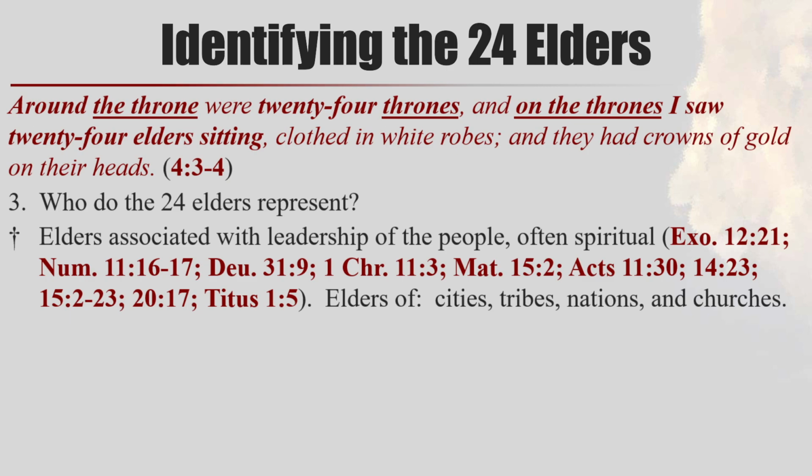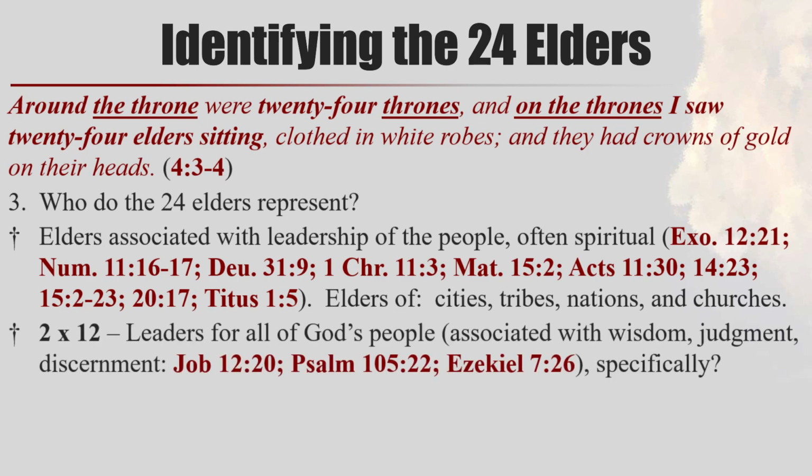Actually, that's going to be in Exodus. Numbers 11, the 70 elders there is a different time when we have the 70 elders. I believe that may be when Moses' father-in-law suggested that he set up the 70 elders to judge over Israel. But we have references several places throughout both the Old and the New Testament to elders being used. So as we think about the 2 by 12, they're often, again, used with wisdom, judgment, discernment.